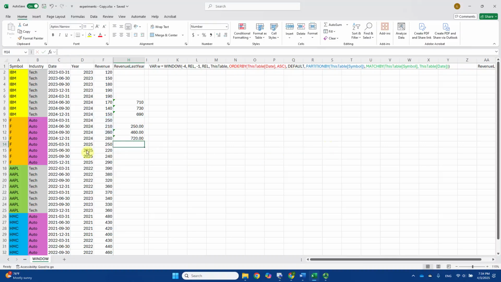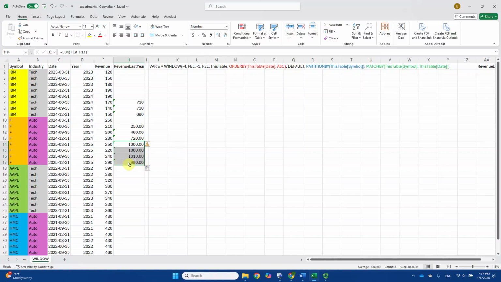and this will give us a number of 720. Now when we get to March 31st, 2025, and we're trying to get the total revenue in the prior 4 quarters, in this case, we actually have the data regarding the prior 4 quarters. So we can sum up the revenue in the prior 4 quarters. Then this summation can also carry over to the remaining